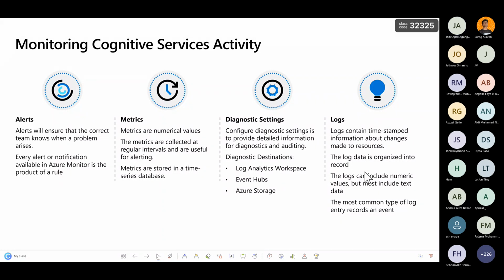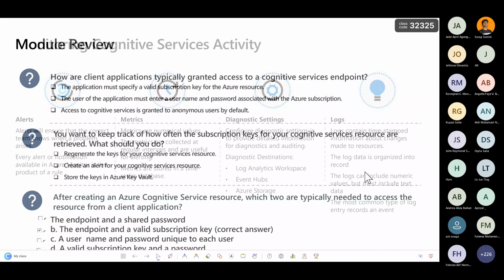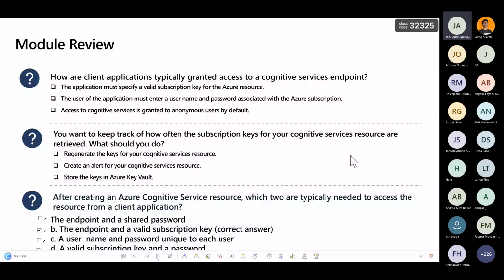All right. Let's have a module review. How are client applications typically granted access to a cognitive services endpoint? The application must specify a valid subscription key for the Azure resource, or the user of the application must enter a username and password with an Azure subscription, or access to cognitive service is granted to anonymous users by default.